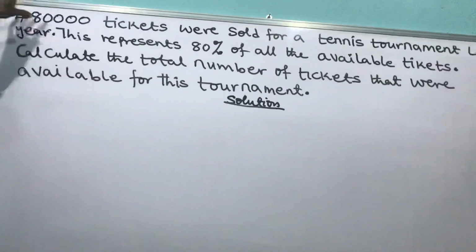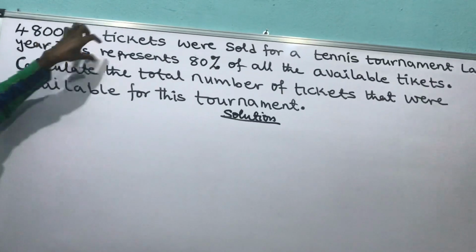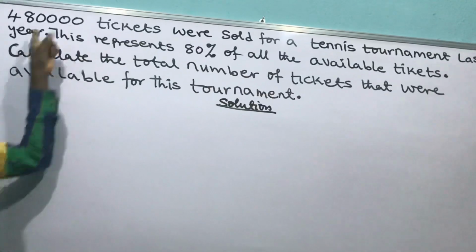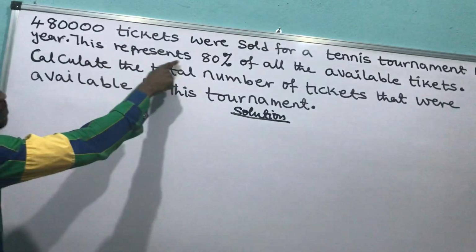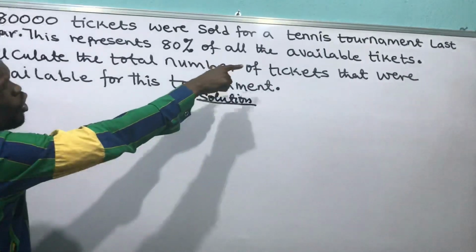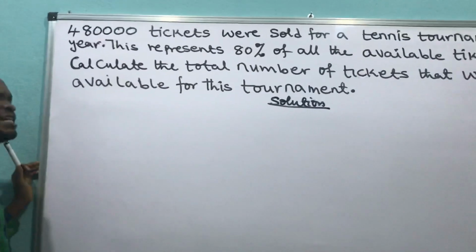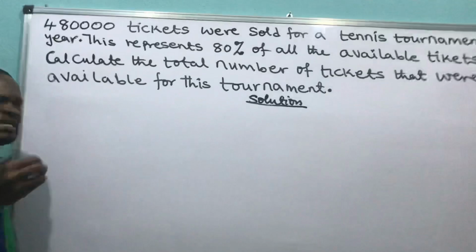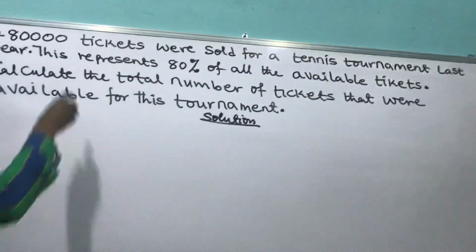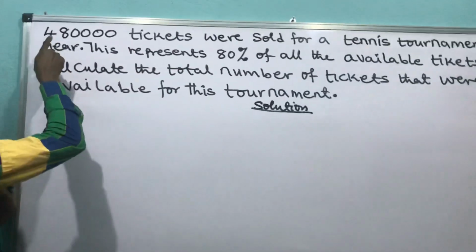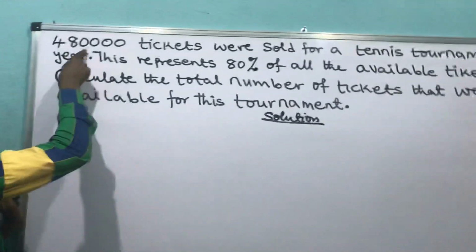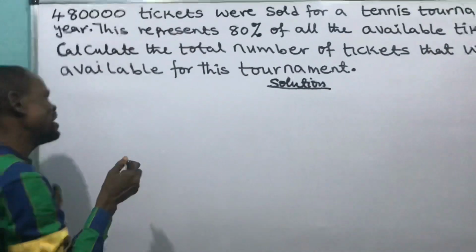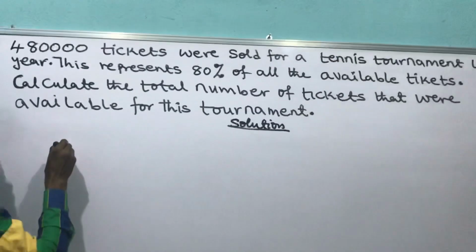They now tell me that this one they sold, that 80% represents it. That's 80% of all the available tickets was sold, and the value is 480,000. So what it implies is that